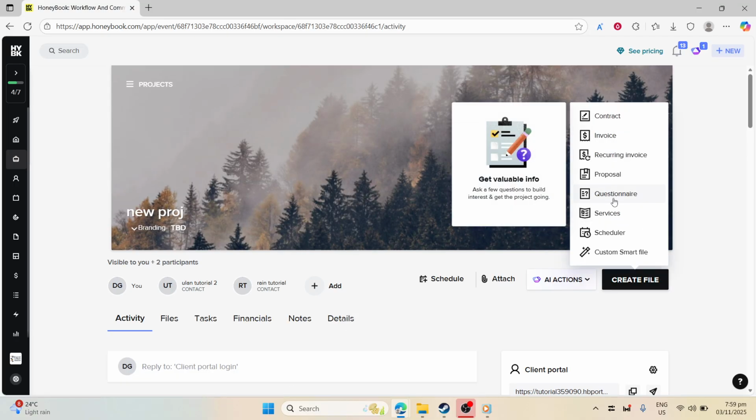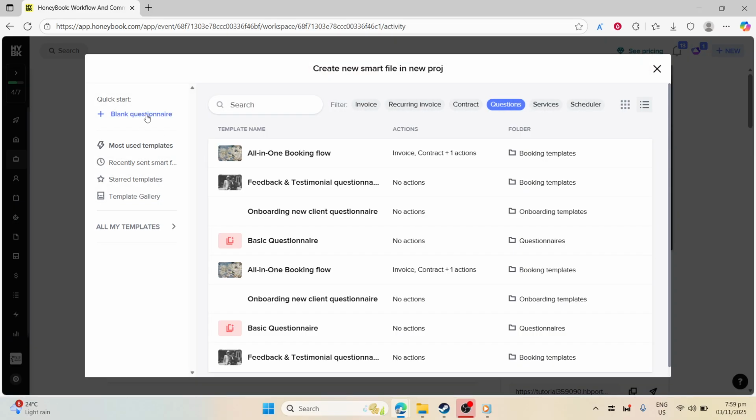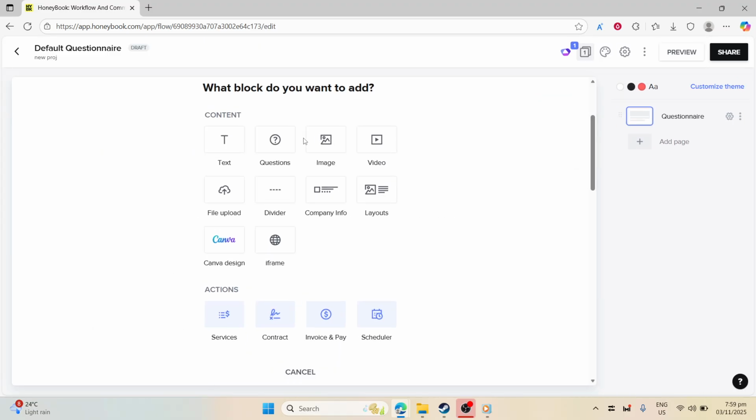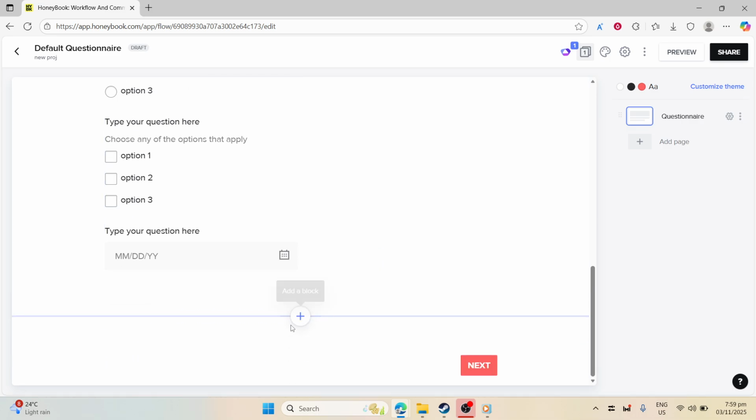Once you have your new file open, it's time to add some interactive blocks to make the document truly collaborative. In the file builder, you'll notice a large plus button. Clicking this will allow you to add various content blocks. If you want clients to provide feedback or information, select questions to add text fields or multiple choice options. For allowing clients to upload documents directly, which can be particularly useful for contract review or additional materials, select File